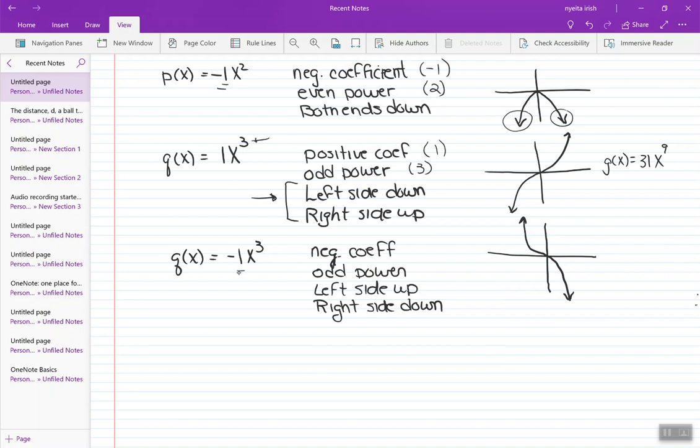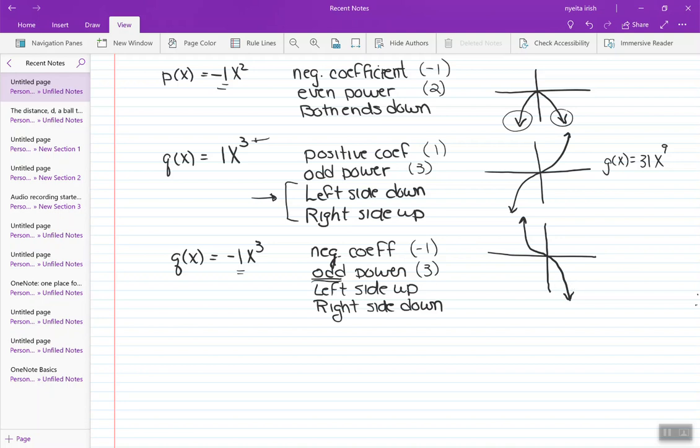If there's a negative coefficient in front, in this case -1, and an odd power, again with the odd powers your ends are split. They're not going in the same direction like even powers. So I have an odd power, the ends are split, negative coefficient. That negative coefficient just flips it around the x-axis. That's what the negative in front of a function does. So I flip it around the x-axis and it becomes left end rises, or left side up, right side falls,